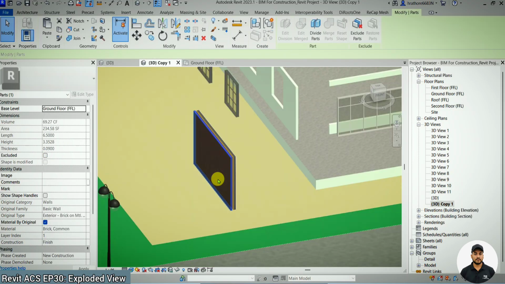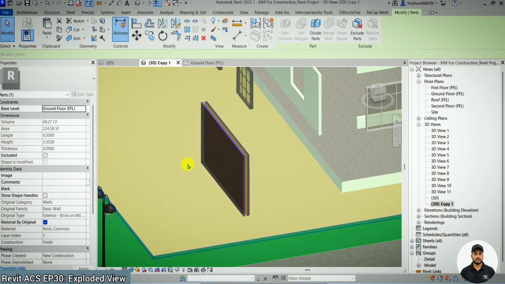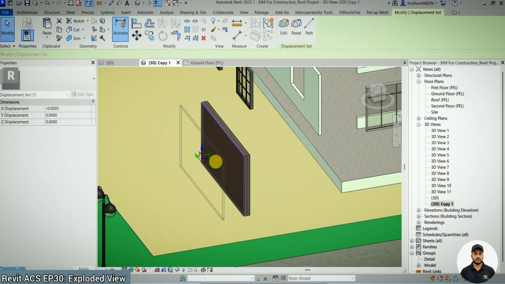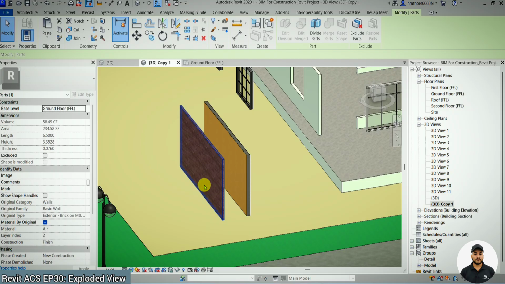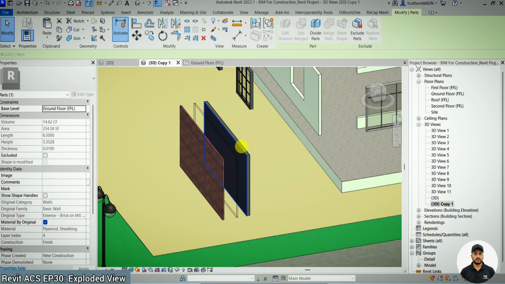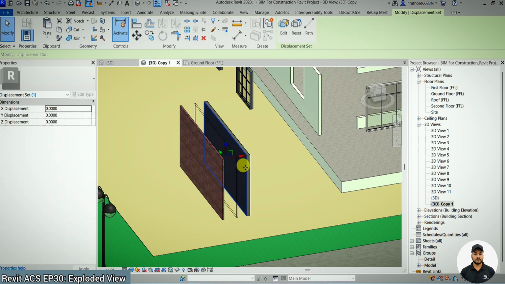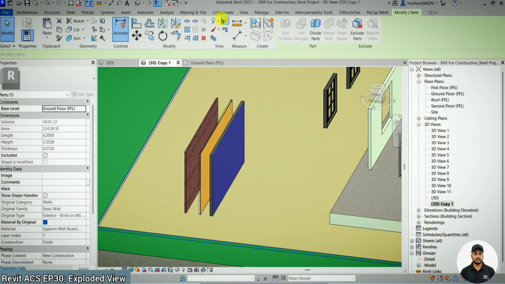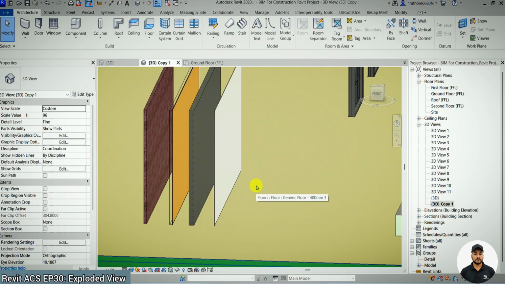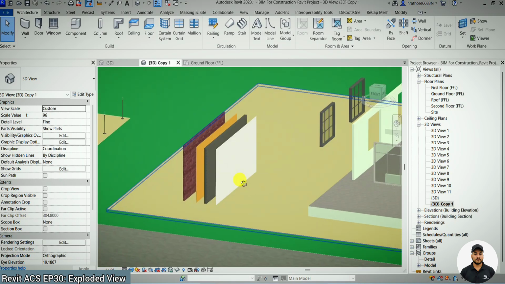Now let's say, like we did before, we will be selecting each layer, clicking on displace elements, and displacing each element like this. First the brickwork, that is our brick common work on the exterior face of the wall. Then we have the next member, so we'll select this one, then displace it somewhat here. Then the next member, we will select this one, then move this also here. Then we can select the gypsum board finish from here, then move it somewhat here. So like this, you can show the different layers of your wall as an exploded part for your presentation or